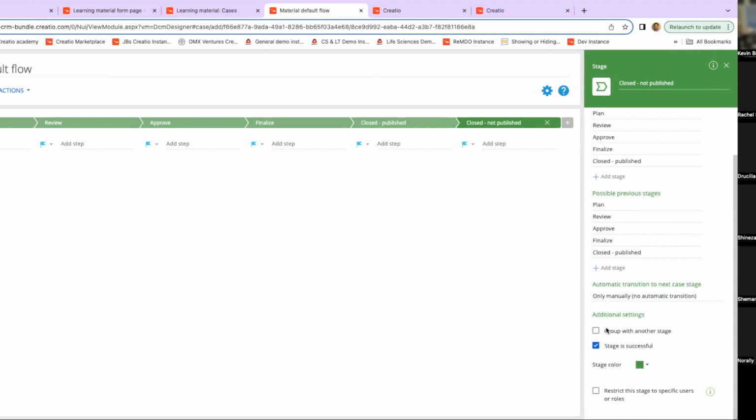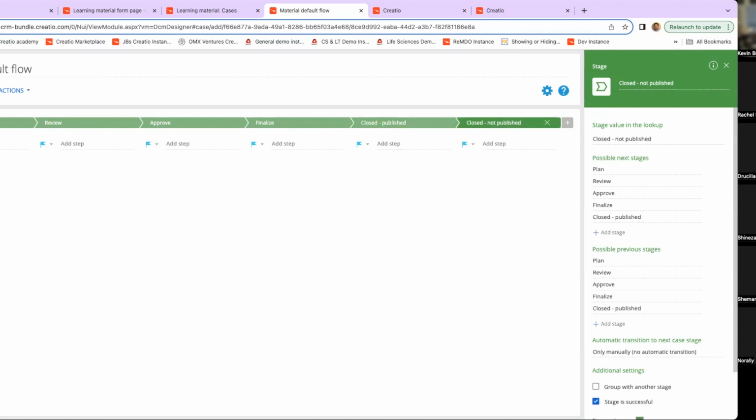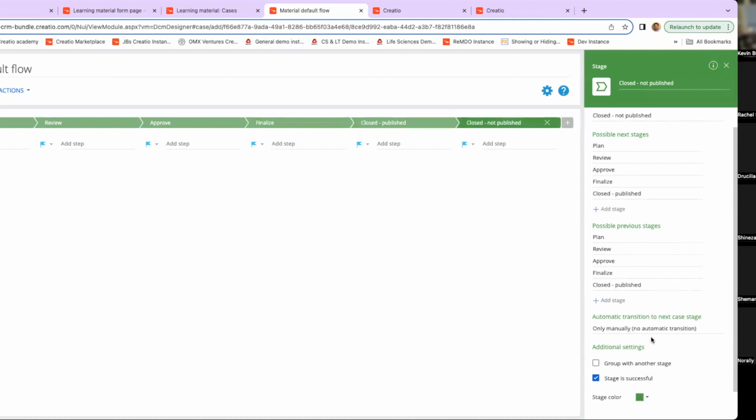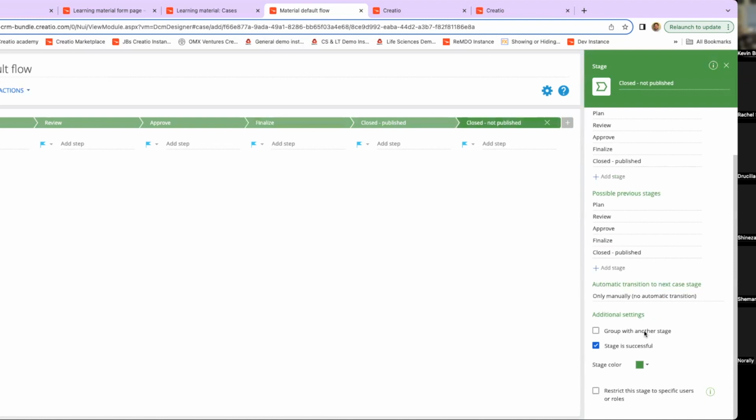Down here, though, this is the setting I want, the group with another stage, because right now it looks like in a sequential order that these all come one after another. But closed not successful doesn't come after closed success. It's a one or the other kind of situation. So what I can do is group with another stage, and then because this is my not successful stage, I'll